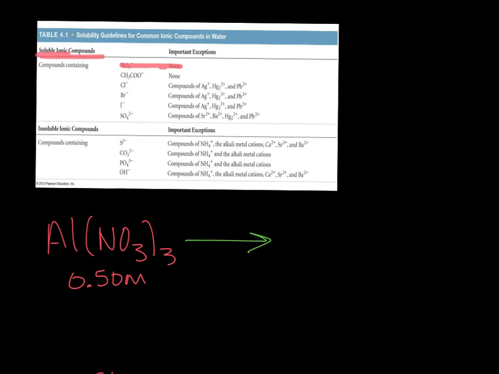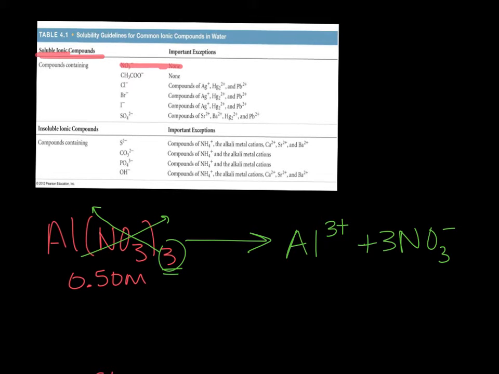It's going to dissociate into aluminum, and remember, aluminum has a +3 charge. We can just take this 3 out here outside of the parentheses and bring it up. And nitrate has a -1 charge. Now, one thing is we've got 3 nitrates, so there would be 3 of them. And if I have a 0.5 molar solution of aluminum nitrate, that means that I have